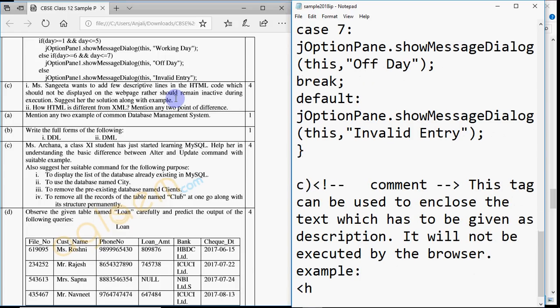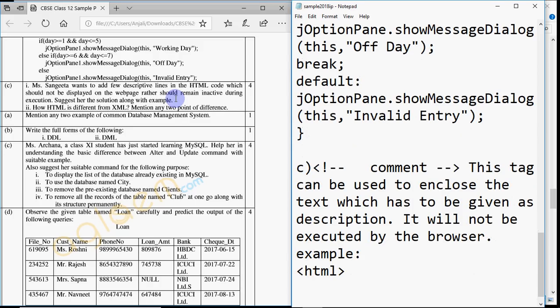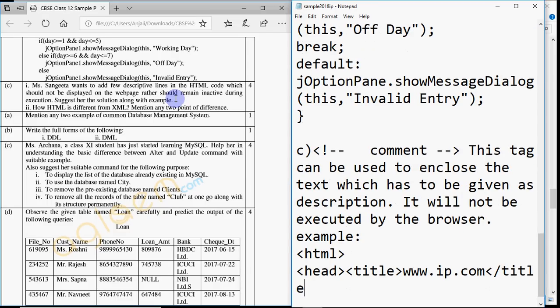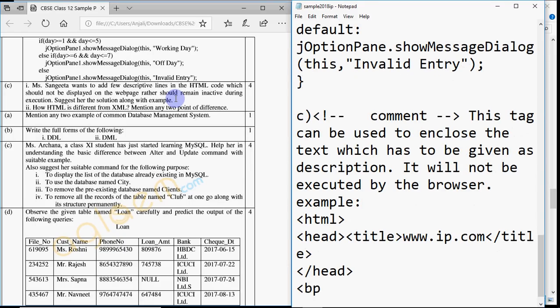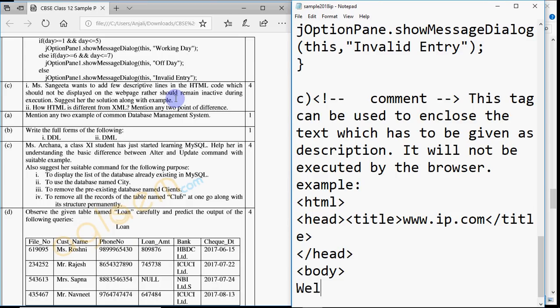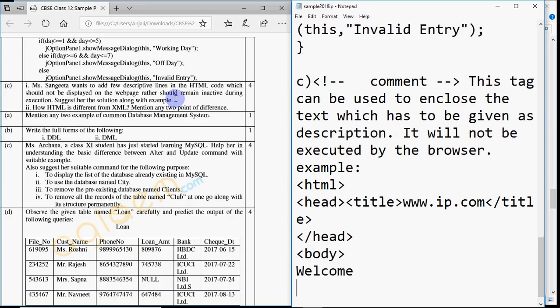So to give an example, we write some HTML code. So we have HTML tag, head tag. Inside head we have title. So whatever name I give, and I close the title tag. Then I close the head tag. Then we start with the body tag and write anything over here. So welcome. Then I write here